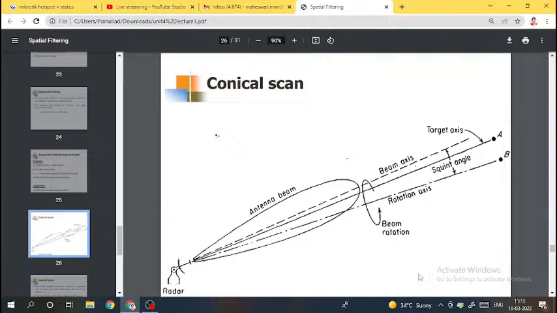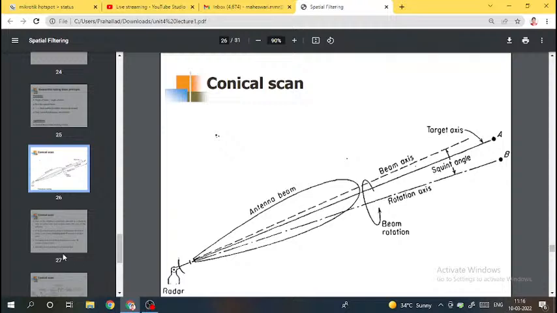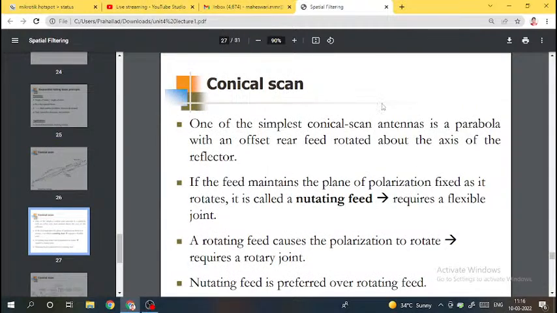Now in how many directions are we finding the target direction? We are trying to find the target from all directions, isn't it? 360. So it will be continuously rotating, scanning. That's why it is called conical scan. So clear? Conical scan. One of the simplest conical scan antennas is a parabola with an offset rear feed